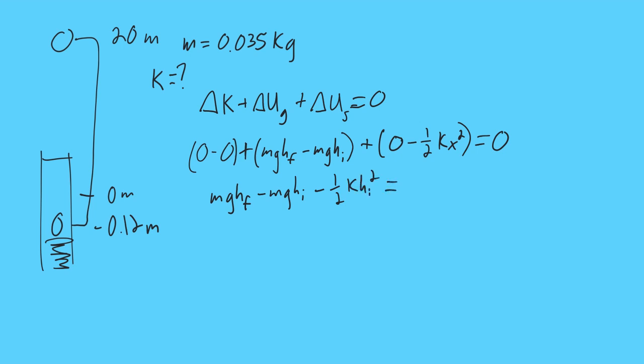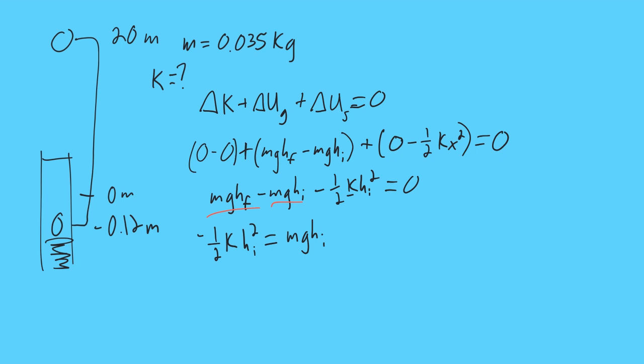Cool. So if we want to find out what this k is going to be, we're going to have to solve for it. So we move these two guys over to the right. So it's going to be 1/2 k x initial squared is equal to, and we leave that negative there,